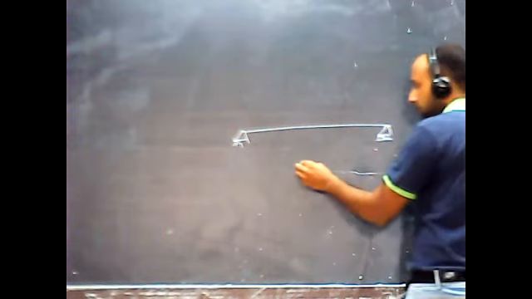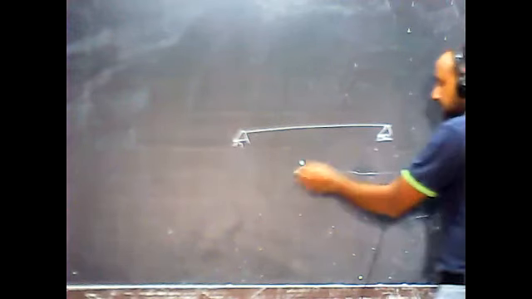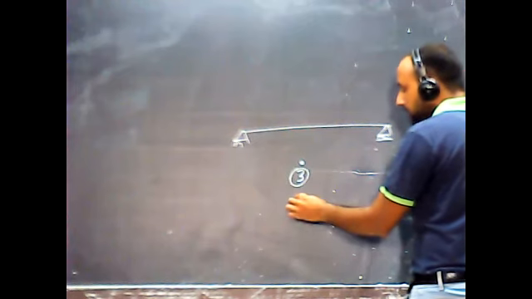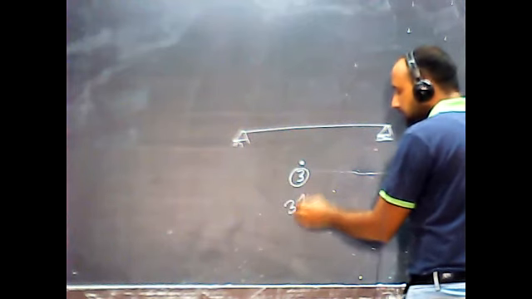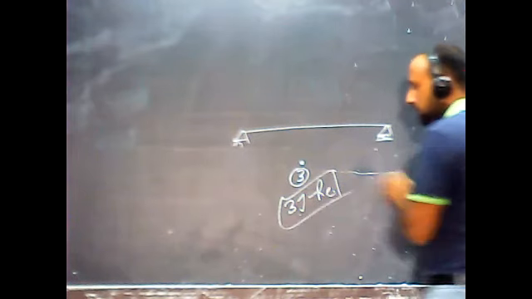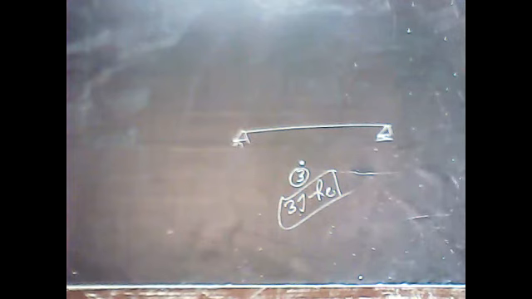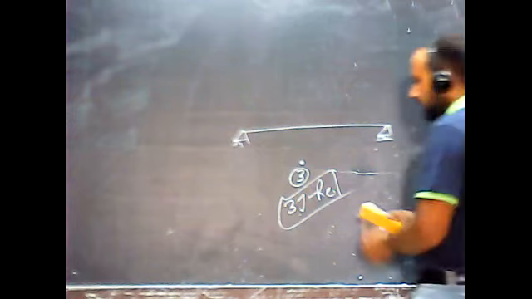But here at a particular joint, how many releases will there be? If there are no restrictions, there will be 3. So for a particular joint we take it as 3J minus RE. That is the relation to calculate the degree of freedom in the case of beam and frame. Yes or no? Yes, sir. In this particular case, what will be the value?